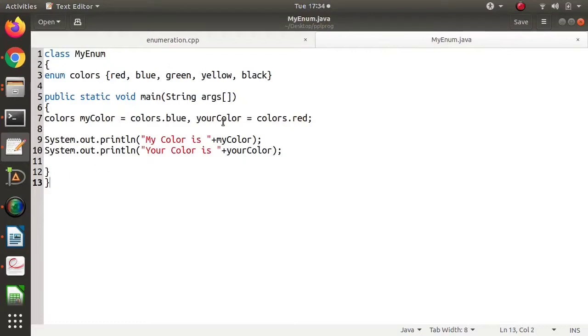So see, this is a program written in Java language. How is an enumeration type defined? Again here, just similar to C++ language, we are using the keyword enum. This is the enumeration type, a user defined data type, and these are the values. Now one thing is important. Here, this enumeration type is considered as a class,